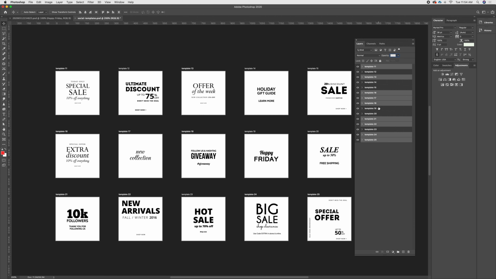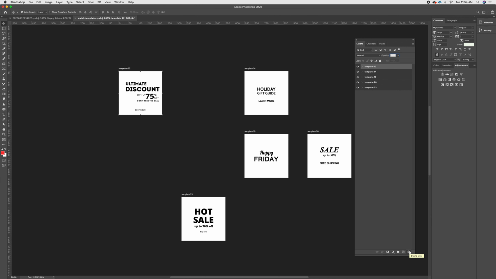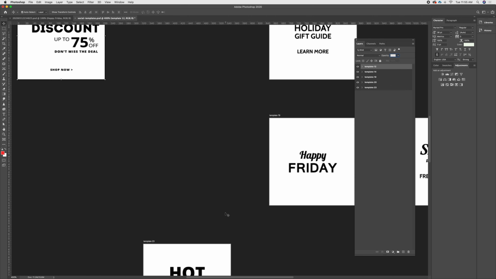Okay, so that's too many. 1, 2, 3, 4, 5. Okay, so I'm going to delete that, and I'm left with these. So let's say this is what I decided made the most sense to me, and that this is what I want to work with. Many students have noticed, and accurately so, that when you zoom in, some of the type